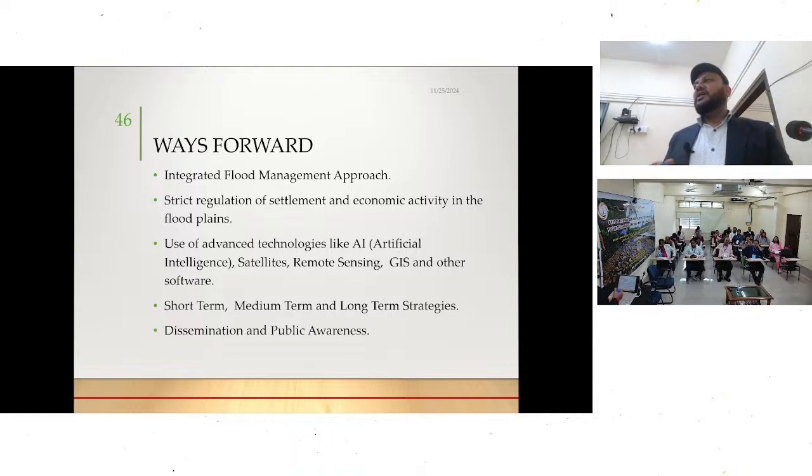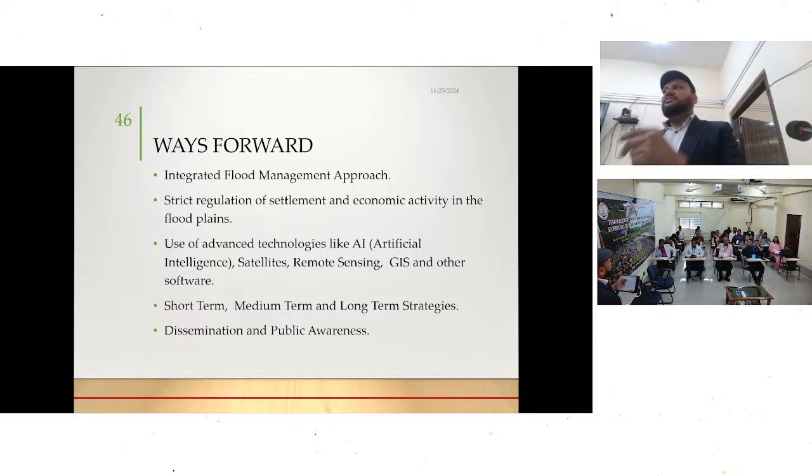There was a great hue and cry, army pressure, and the PMO was also involved, and then we had to move in the monsoon season itself. It was very difficult. Sir, it took us 3 days to reach there from Delhi. Then we went there, suggested some measures, and some schemes came.